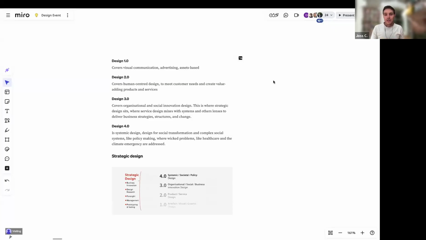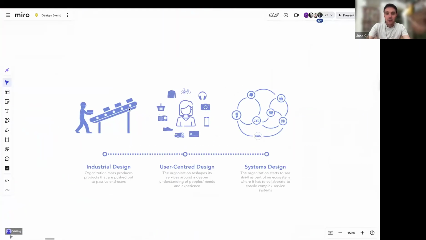There are many ways of framing that evolution. I actually just took this one from the Design Council today, and they talk about three stages in the evolution of design. If we go back, we had one that was very much organized around things and products, that industrial age design logic. Well, it was graphics, but it was also about designing products. And towards the latter half of the 20th century, we moved into a more